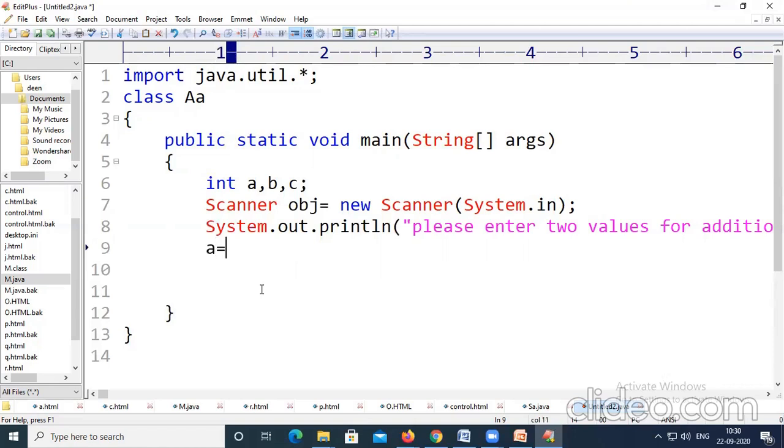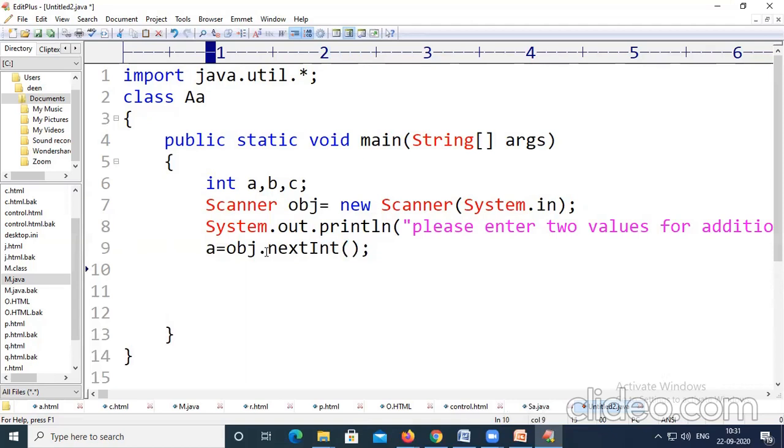We want to store the value in a equal to, we need to use the object of Scanner class. So the object of Scanner class is obj dot, a is an integer value, so we have to use nextInt here. It is a method which is going to take the integer input values.